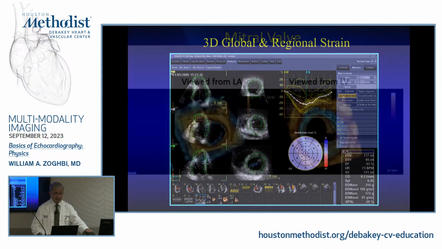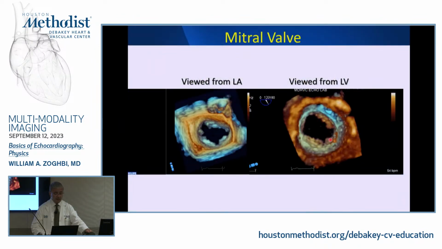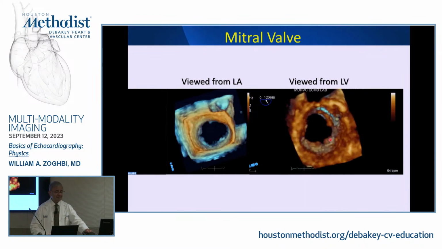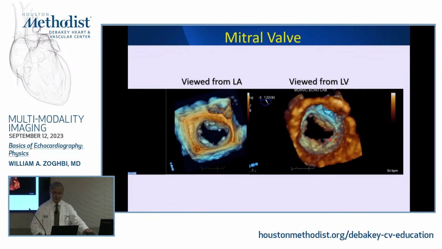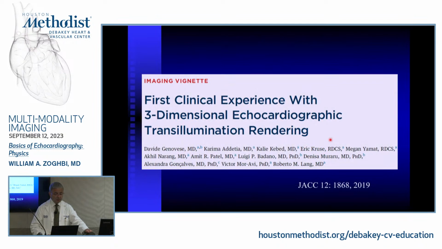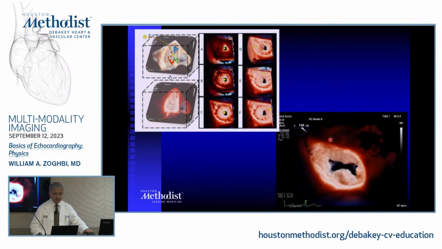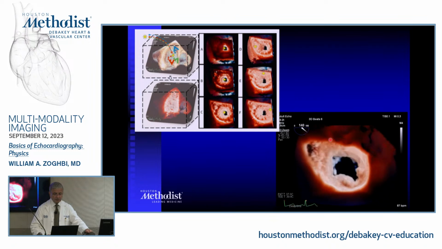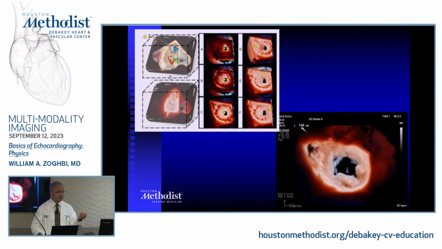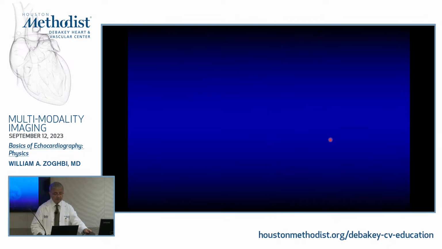And the frame rates have improved significantly. You could do strain with 3D, and images from 2003 to now are like night and day, really beautiful, particularly with transesophageal echocardiography. And look at the depiction of a jet in 3D, and you could take a look at that. And some of the newer 3D modalities have transillumination in it, almost like you're looking at the structure itself. It's really unique because of its high resolution in 3D, okay, and real time. You're not going to get it in any other modalities, and that's the beauty of it.